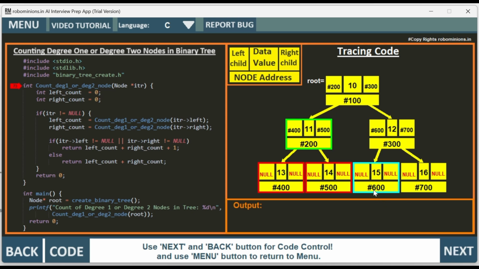Hash 600 is the address. Please remember, I'm following this convention. So always remember this convention. Okay,